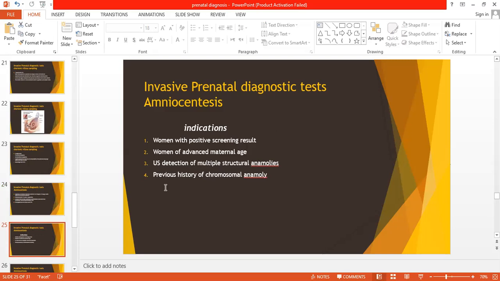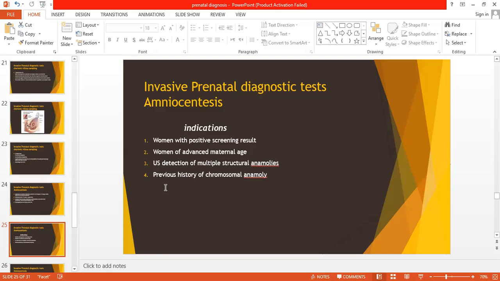Women of advanced maternal age, देखें वो शुरू में आपको बताया था that women who are 40 years of age have a risk of 1 in 100 for Down syndrome. तो उनमें तो स्क्रीनिंग टेस्ट स्क्रीनिंग की जरूरत ही नहीं होती, बल्कि कहते हैं कि above 35 years of age the mother does not need screening, she needs to go straight away for diagnostic tests, ठीक है? Again, it depends upon the mother's choice.